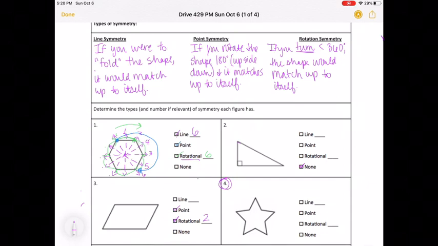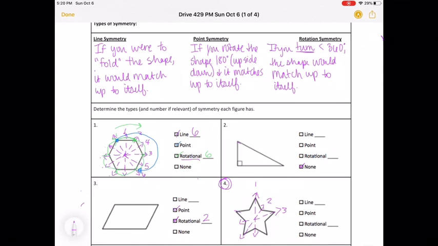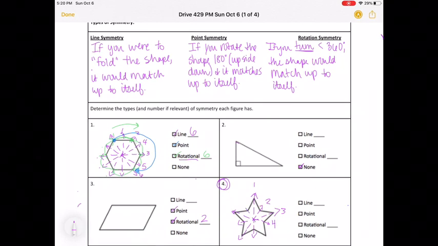Okay, if you paused, hopefully you got the answers. There's quite a few on this one, so let's start and look at lines. So I could draw the line of symmetry right down the middle. Okay, so there's 1. I could cut it in half this way. So there's 2. Could do it this way. So there's 3. That way is 4. And through here